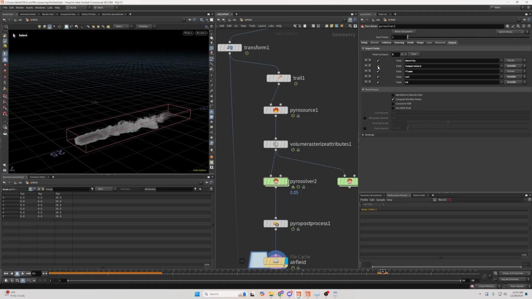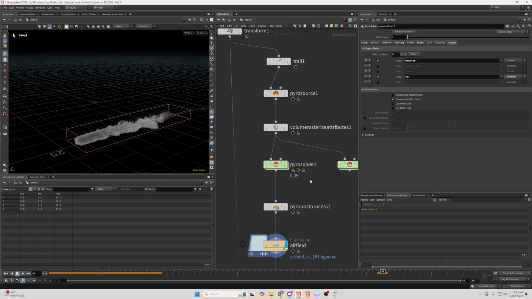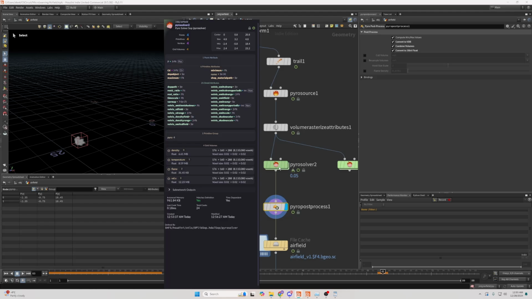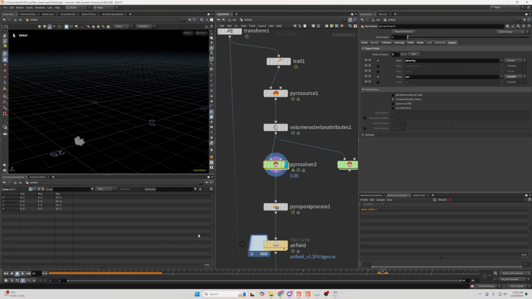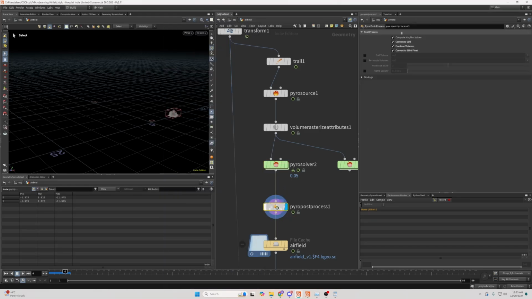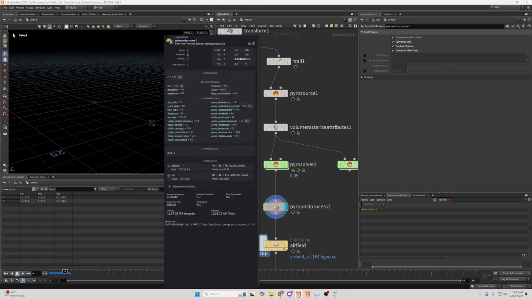Here, in this case, you only need the velocity. You don't need density, but I'll also export density so we see the result. Let me simulate for a few frames, like so. So we're getting the density and velocity as Houdini native volumes. I'm converting them here to a VDB, combining my velocity volumes so I get a vector volume, and converting